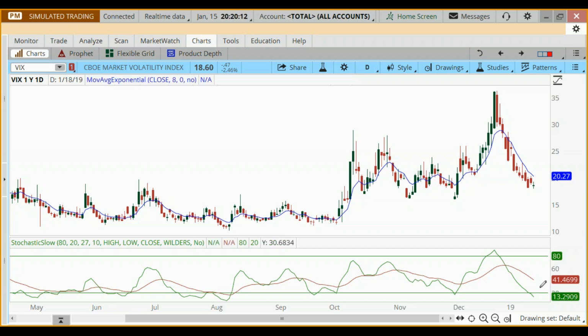But if we were to have this green cross back above red, when everybody might still be sitting down there wondering, when did the drop really start taking place this year, this quarter? Wasn't it in October, beginning of October? Look at that. That was that initial drop. Then we had a major drop again in December, correct? Look at that. Okay. If you had known this information, these are things that would have helped you with your